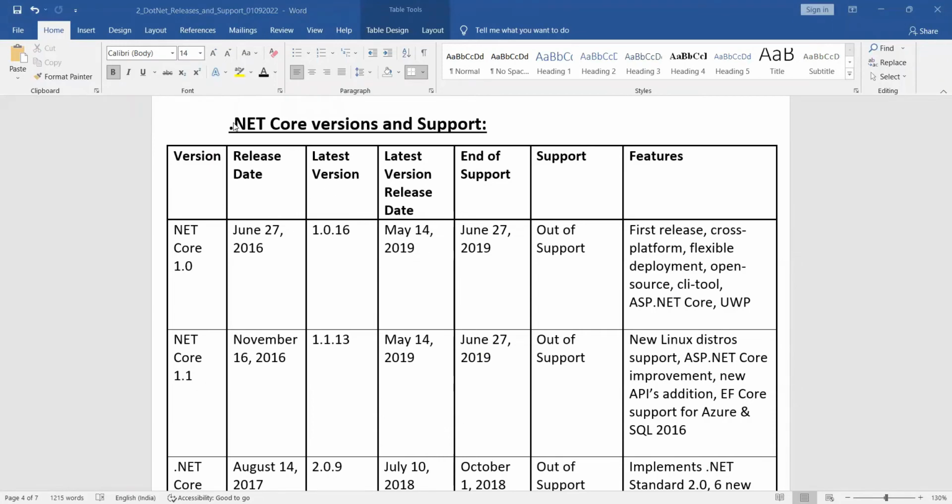So let's start. .NET Core versions and support. I have specified the version details in the first column, then the release date of each release, the latest patch, the latest version date, along with the end of support date. Next is whether it has support up to now and what features are included in every